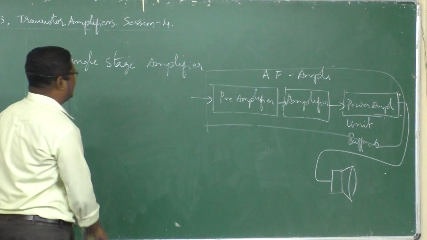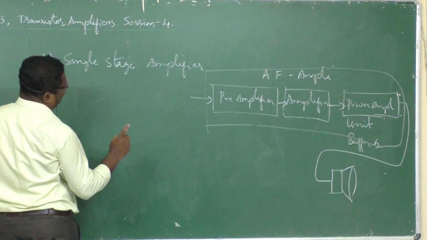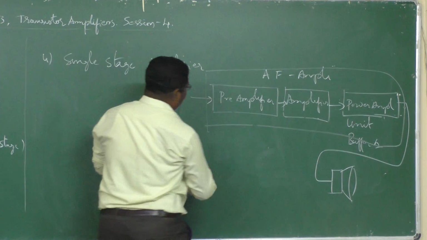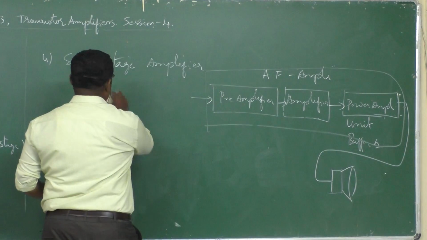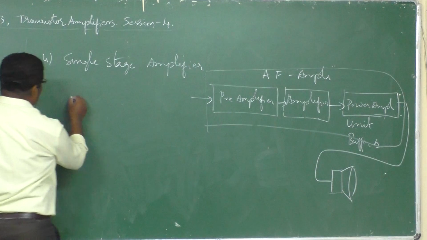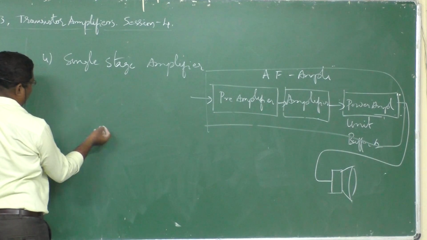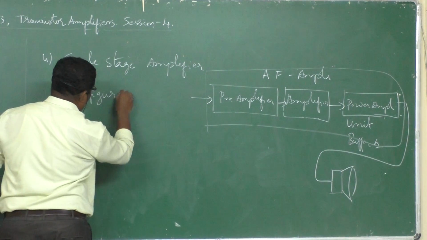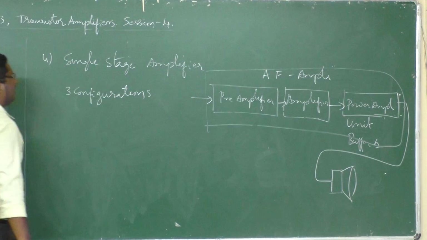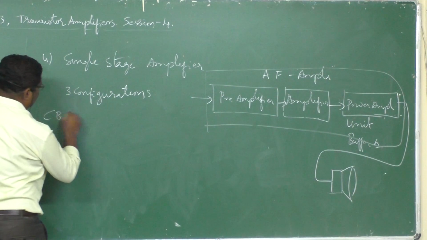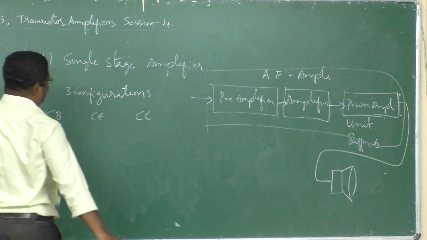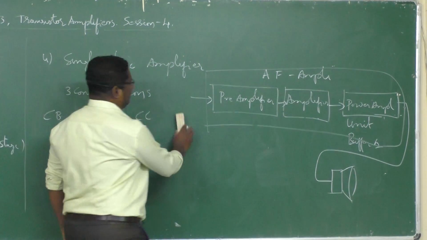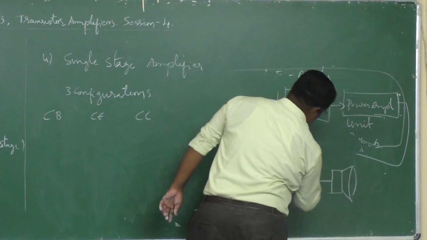But here we have a single stage amplifier. Single stage amplifier means only one amplifier circuit will be there, and that amplifier circuit we are using for the output. Okay, like this we are categorizing. In single stage amplifiers, generally we come across many transistor configurations. Many means, in the sense, 3 configurations. Number 1 is common base, common emitter, and common collector. These 3 single amplifiers are nothing but single stage amplifier stages.